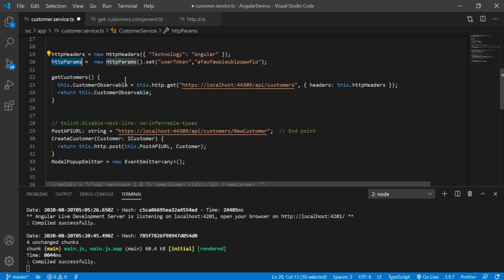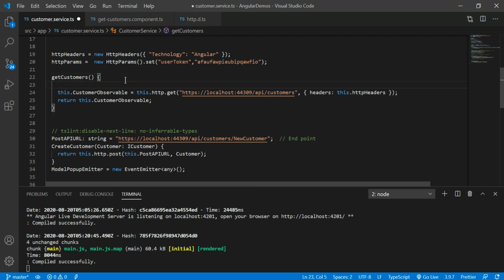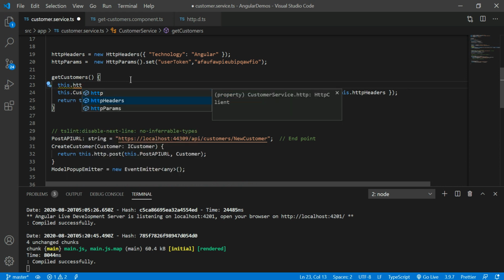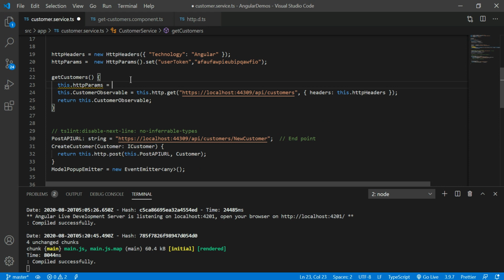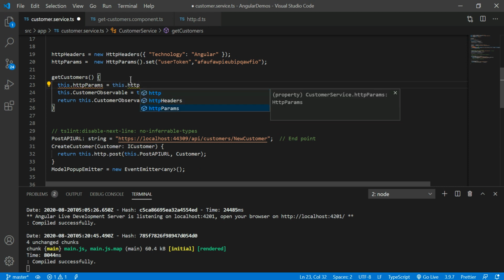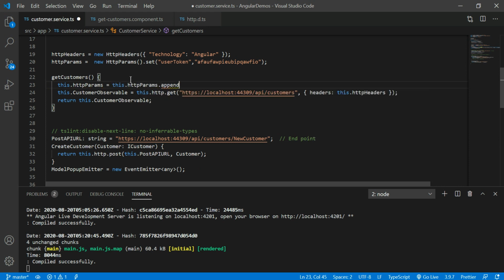Right now I wanted to append one more parameter for this HTTP params. So this.httpParams is equal to this.httpParams.append.